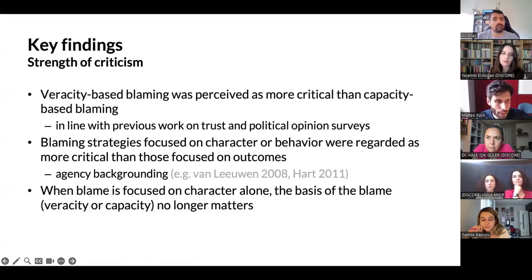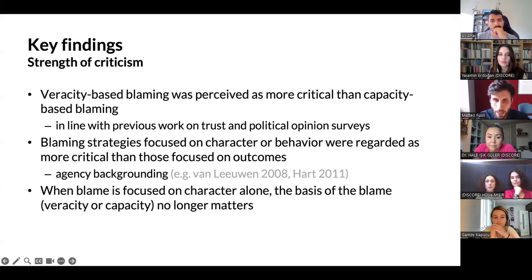So we found confirmation for the first hypothesis that veracity blaming was perceived as the most critical, more critical than capacity blaming. And this is in line with previous work on trust and lots of political opinion surveys. We also find that blaming strategies focused on character and behavior were regarded as more critical than those focused on outcomes. And this aligns really neatly with literature in CDA that shows that